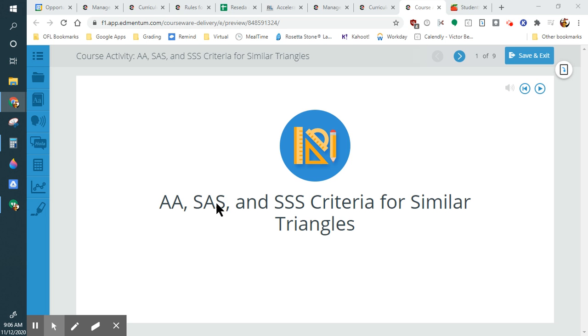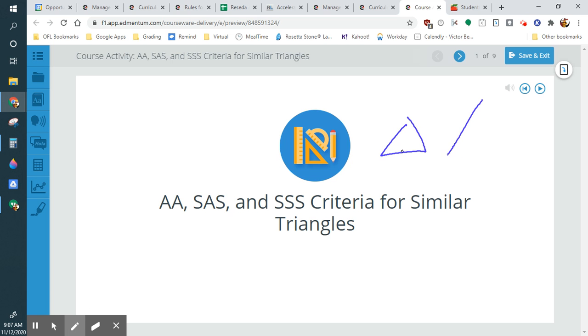Okay, so we're gonna do the course activity for Unit 4: angle-angle-side and side-angle criteria. We're gonna see how it involves similarity. When we talk about this, we're just talking about whether you can use a scale factor to make a triangle bigger or smaller. It's kind of like the activity we did before where we proved that they were